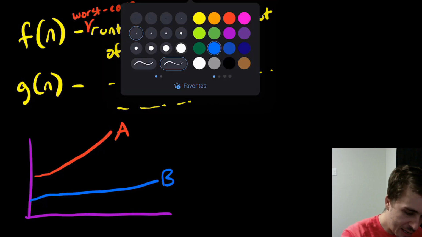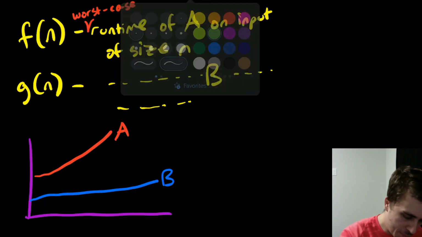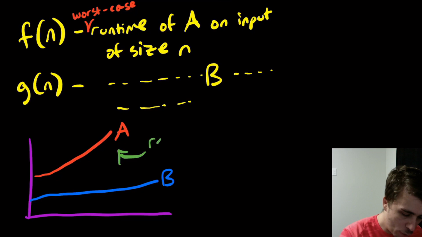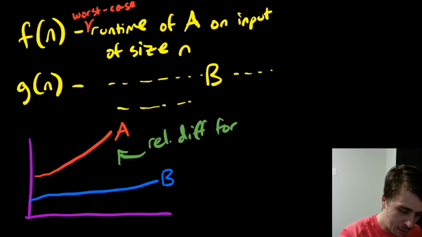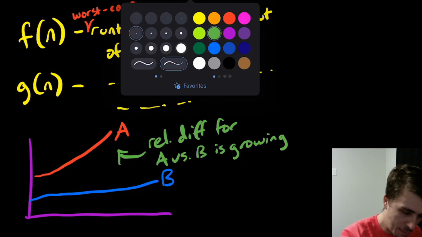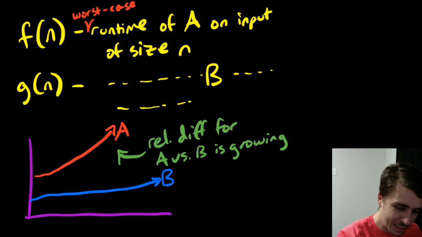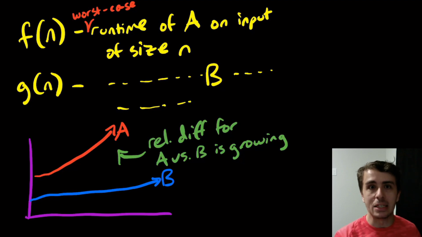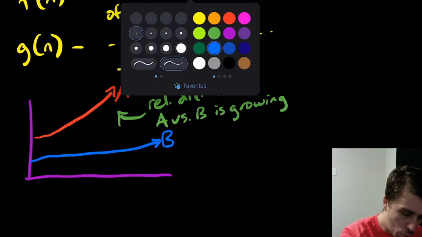So let's say that from this, we can conclude that the relative difference for A versus B is growing. And maybe I should put some arrows on. You've got to make the picture pretty. So let's say that the relative difference between these two algorithms is growing. A is growing faster than B. So then what we're going to note here is to say that,